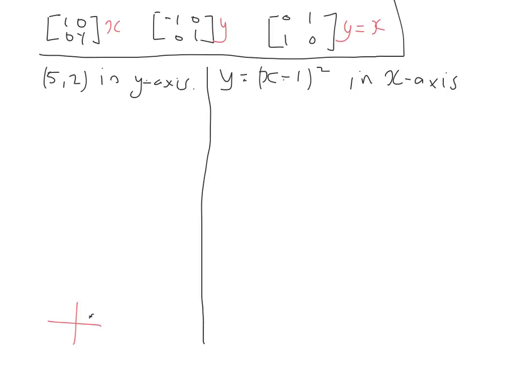But let's see how we prove that with matrices. So we put our reflection matrix first. So negative 1, 0, 0, 1. Sorry, this is negative 1 because we're reflecting in the y-axis. So we're using this matrix here. And then set up our coordinates in matrix form, 5 and 2. And now from there, we end up with